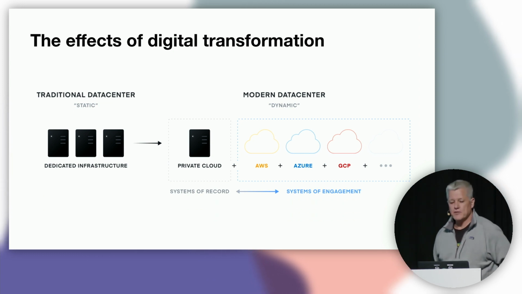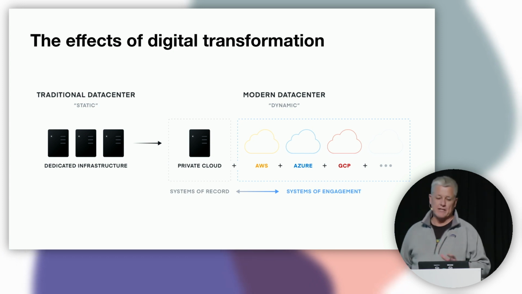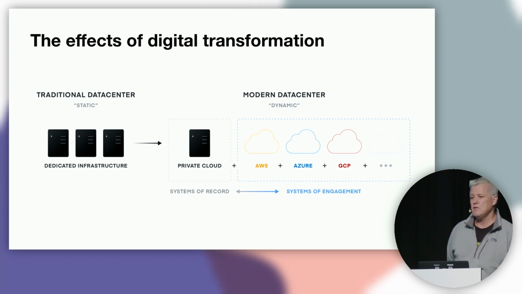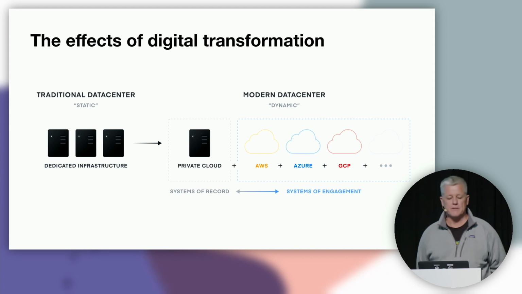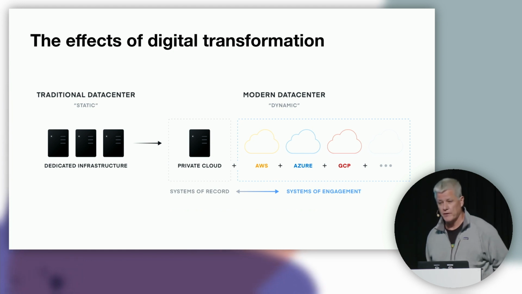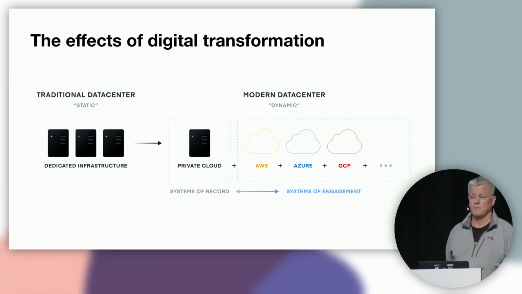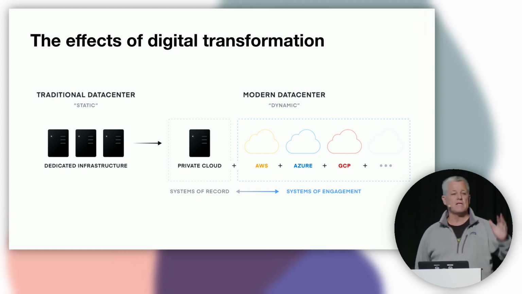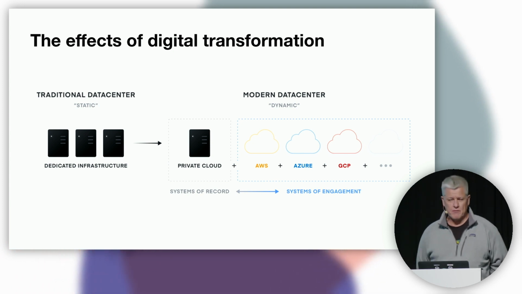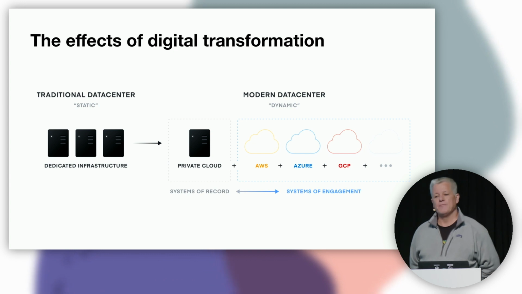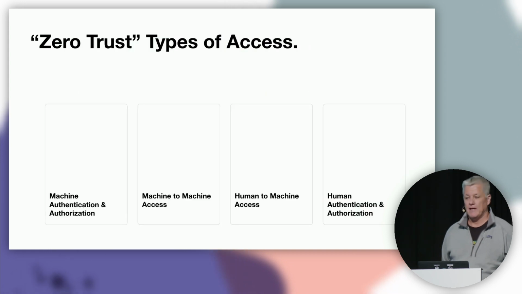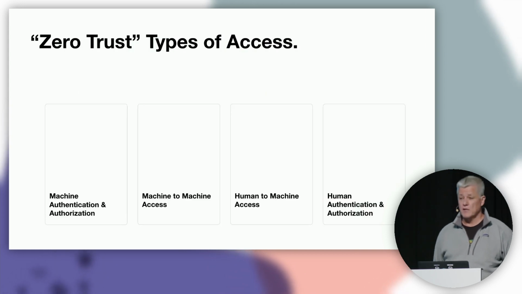And so Zero Trust has certain types of access, and these ones we're going to elaborate on as we go along in this journey. The first one is machine authentication and authorization. When you're in your new environments, your cloud environments, you need to know which machine is talking to which machine, and is that machine actually a machine that you deployed? This is, for me, a very important factor, because we all trust the greater cloud. We all trust, hey, these machines in my cloud are my machines. But dude, are they really there? Are they really yours? So the thought pattern that you should have is that they come with an identity. And this identity is something that you can utilize in your Zero Trust journey.